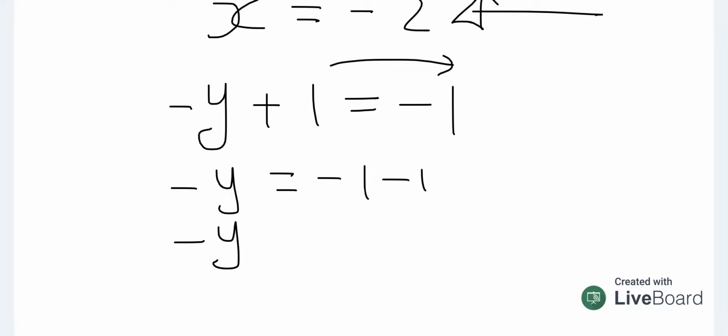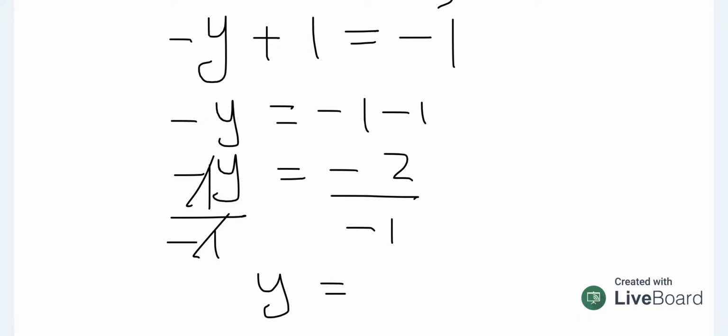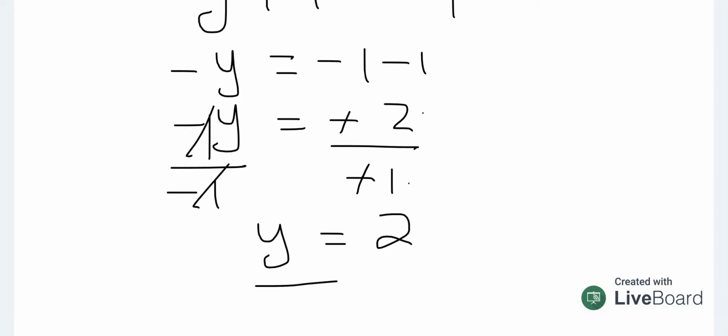Then you have your negative y, which is equals to negative 2. So remember, you have an invisible 1 there. That is why you will divide by that invisible negative 1 so that it cancels completely. Then you remain with your y, which is equals 2. That cancels with that. That goes 2 times into that. Therefore, you have your y, which is equals to 2. And that should be the end of it, because you've got a letter being equals to a number. I hope that